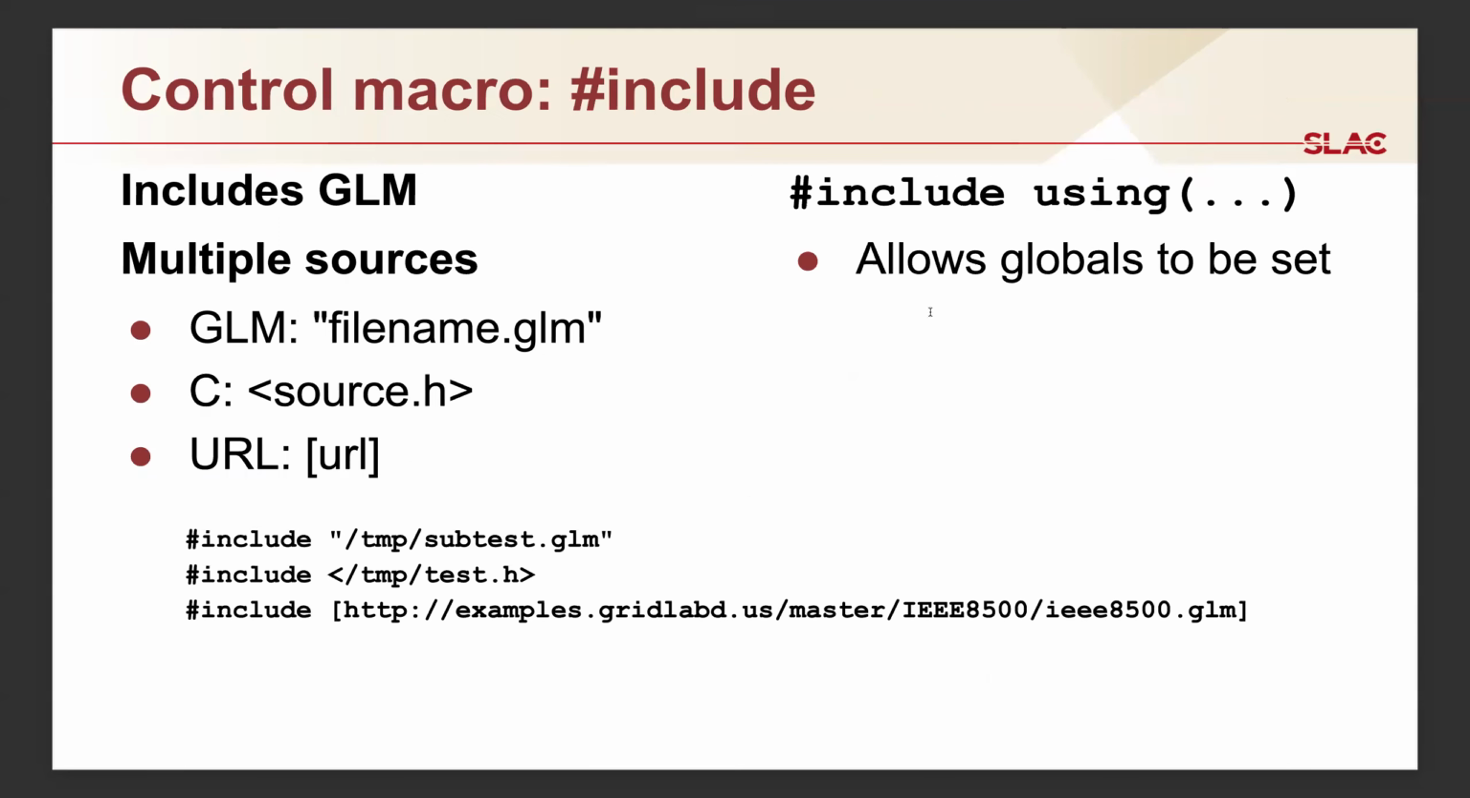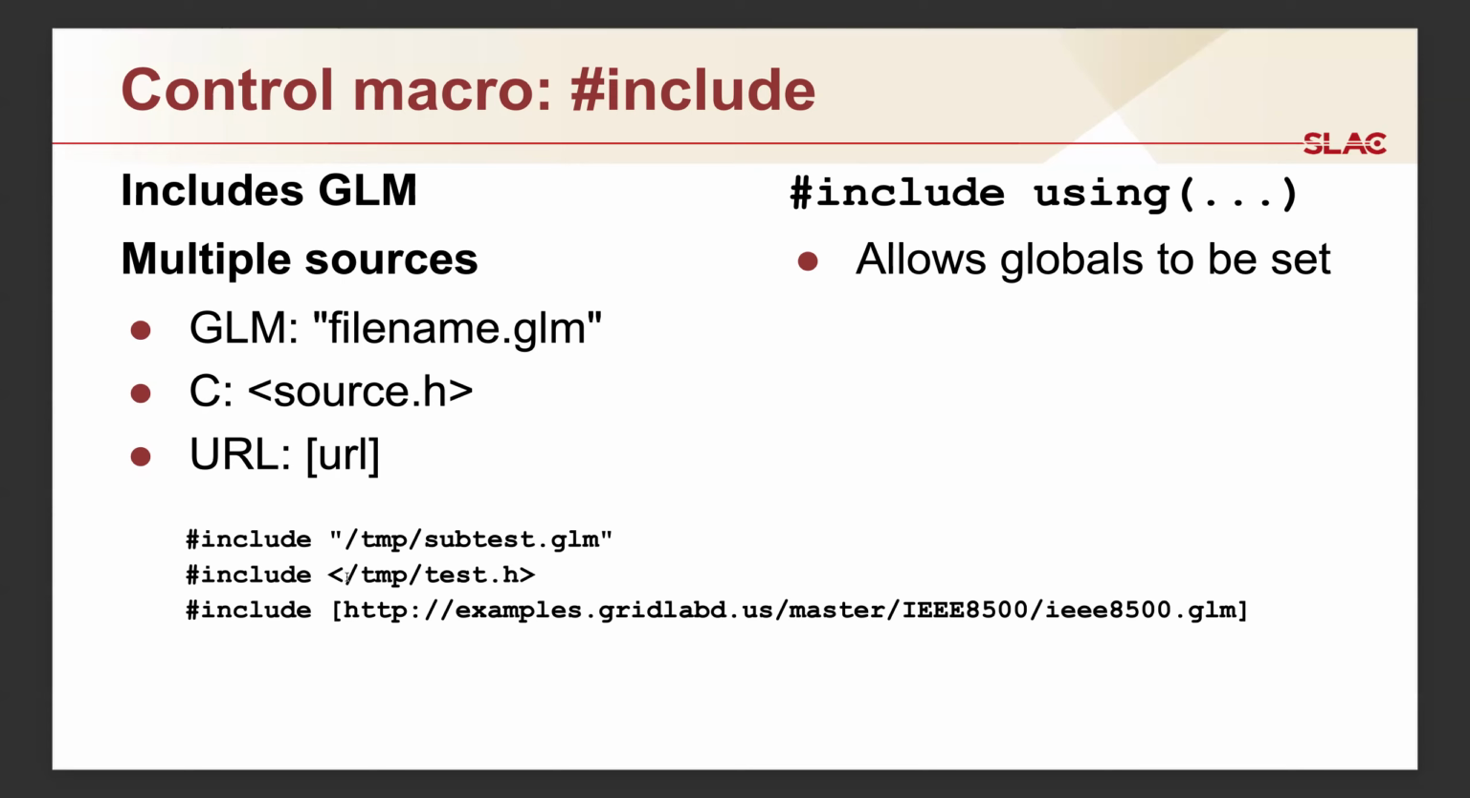The include macro allows you to include another GLM file and embed it into this existing GLM file. That's a fairly simple way of constructing large, complex GLM files from multiple files. It also allows you to use a couple of other alternative syntaxes. So, for example, if you use quotes, that includes a GLM file. If you use angle brackets, that'll include an H file, a C header file that will then be used